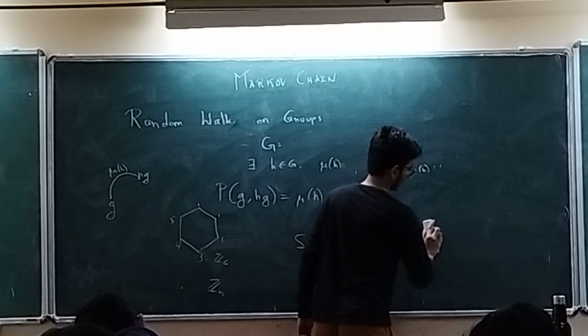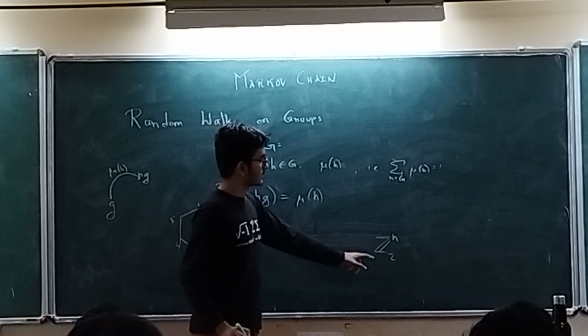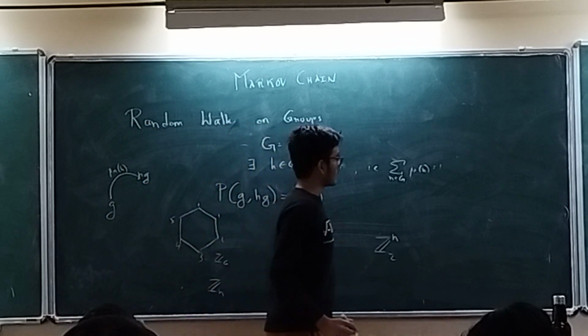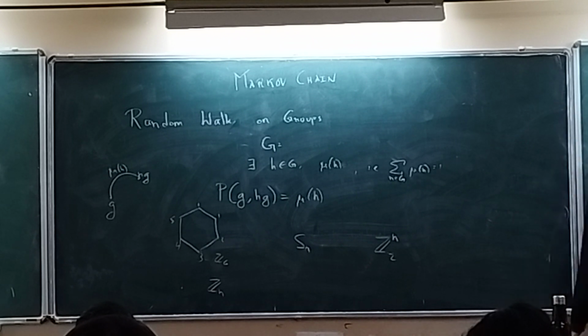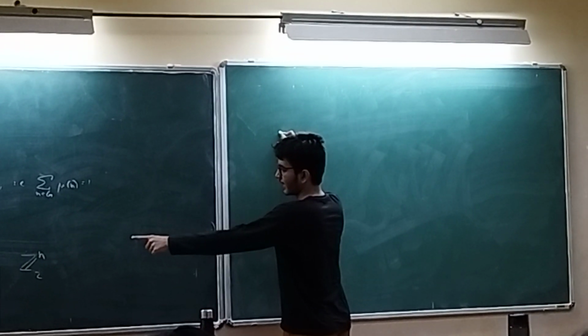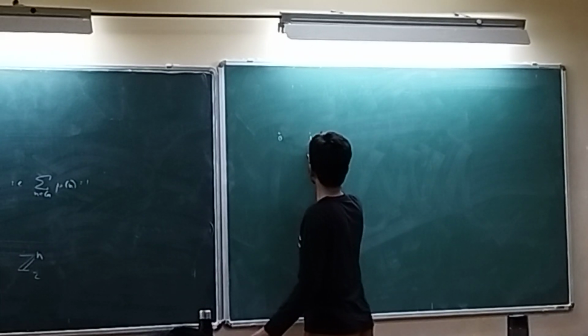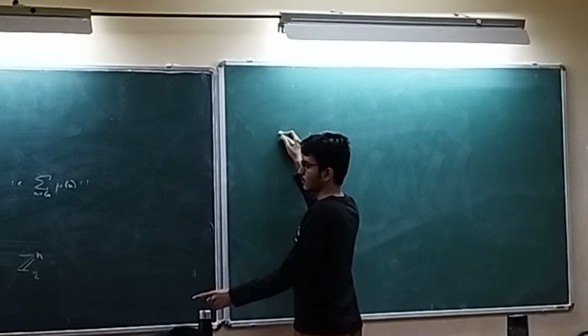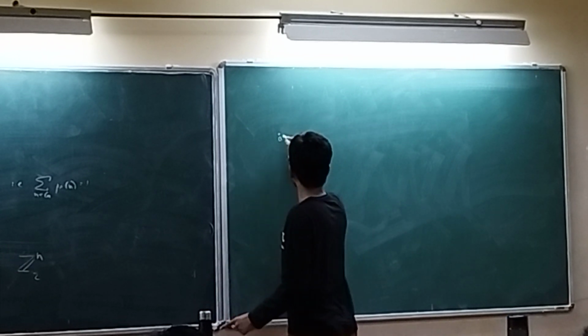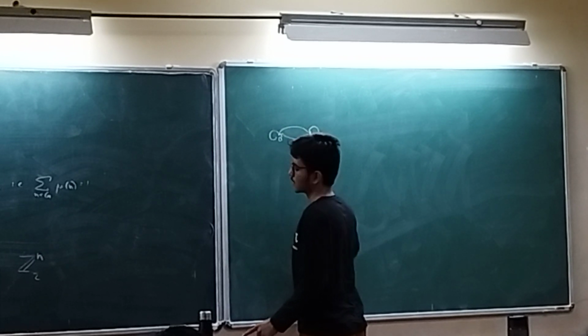So this is the root vector, and now you will see why I am using this, because those guys who have already attended the colloquium that happened recently might find it familiar. So for n equals 1, what are the possible things? 0 or 1. And from 0 you move to 1, or from 1 you move to 0.